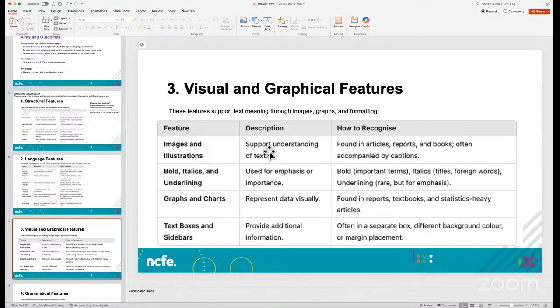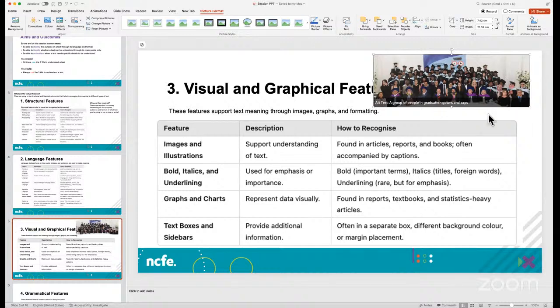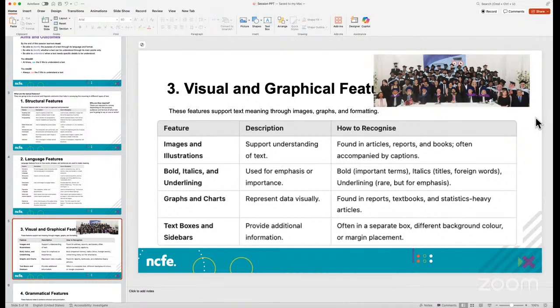So, an example of this which comes in your exam is there might be a picture given. Under the picture, you might have what is called a caption. For example, if I put this picture on, but the picture doesn't make any sense to me. What is this picture? Why is this picture put here? And in what context is the picture actually